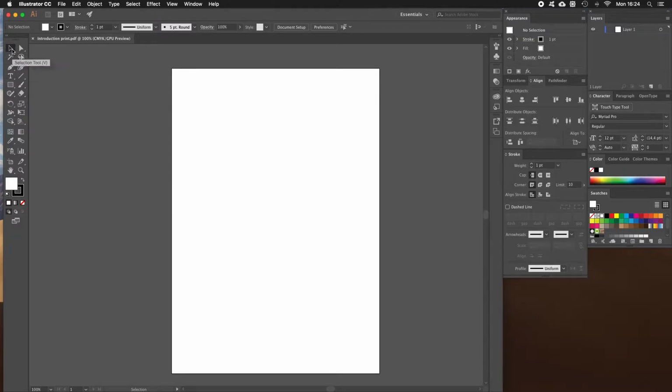name. The first one we are going to be using is the selection tool. You'll see you have a letter in brackets, that is the shortcut. So if you press V on your keyboard, you will be selecting the selection tool. This tool is a selection tool, so if I select, I can select everything on my artboard